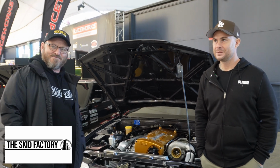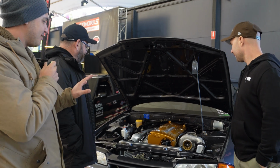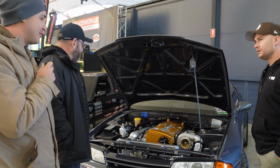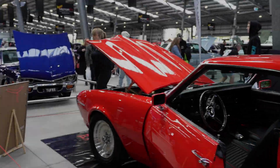Al's comment was actually that, and this came from Al's mouth, that Queensland builds the best GTRs. Oh, yeah. I did say that. Nah, Josh, you've done an awesome job with this thing, man. It's really well done. Thanks, guys. Everything that you've done shows that you're pedantic, and it pays for it, man. Yeah, cool. Really, really good job. Yeah, no, I appreciate it. Appreciate the kind words, and